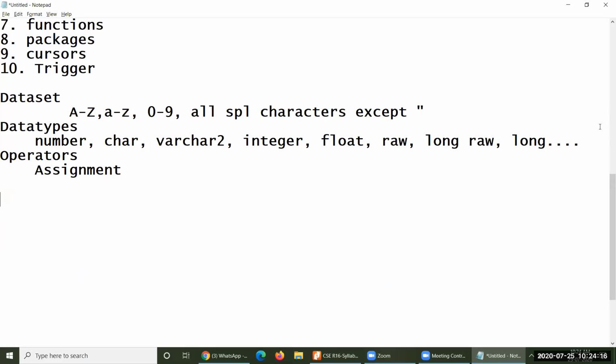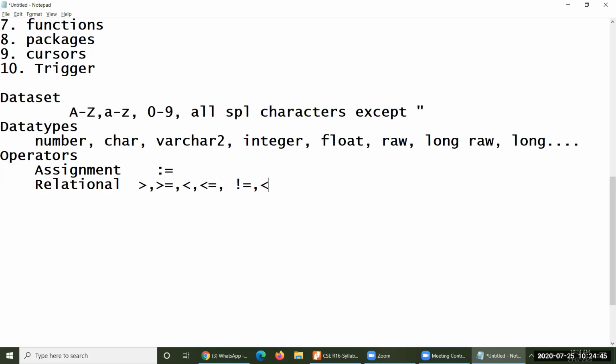That is why the assignment operator is something like this: colon equal to. This is the assignment operator. Colon equal to is called the assignment operator, and then the relational operators, we already know the different kinds: greater than, greater than or equal to, less than or equal to, and not equal to.